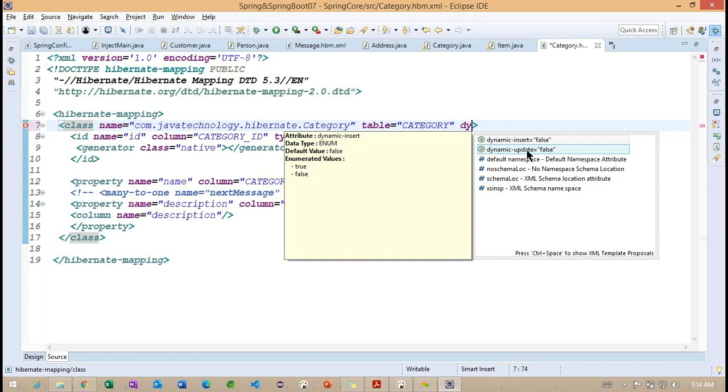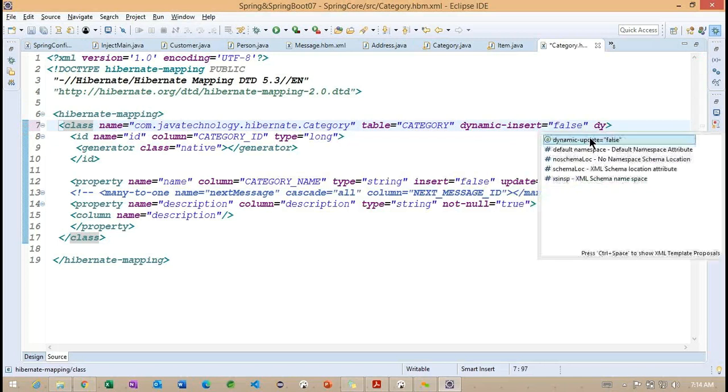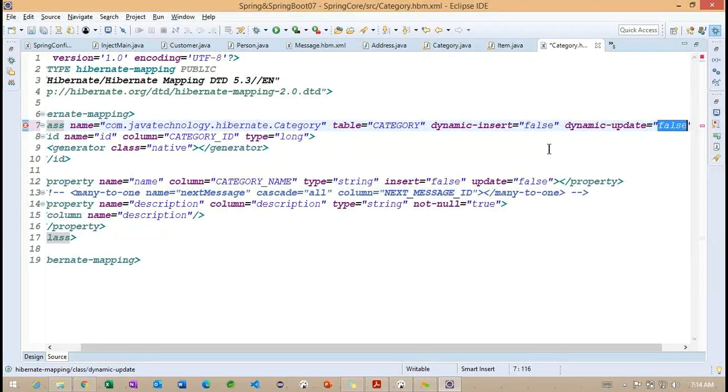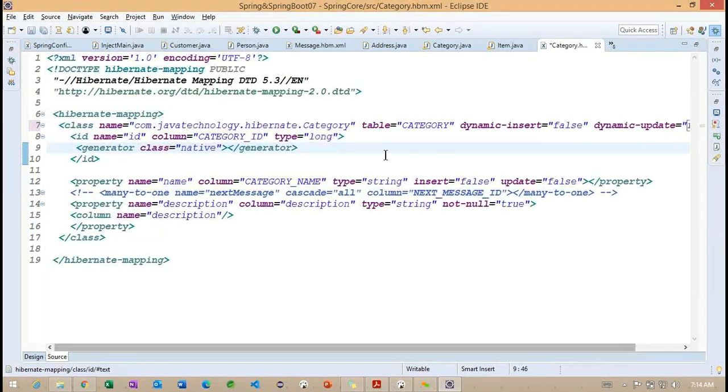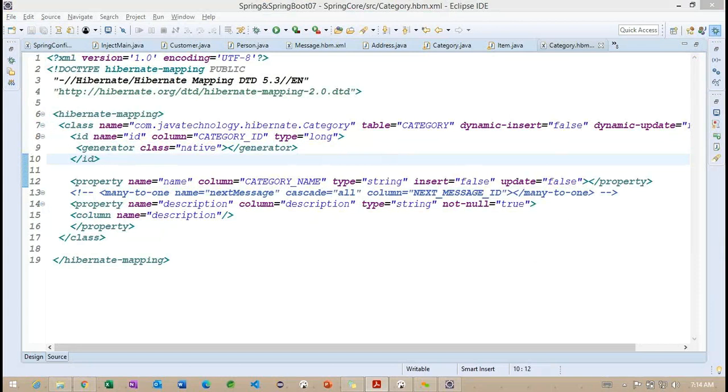These are simple properties we can use. So I want to keep it false, and we'll observe by making it true later. Just for understanding, I'm trying to explain what exactly the attribute is and what the purpose of this attribute is.